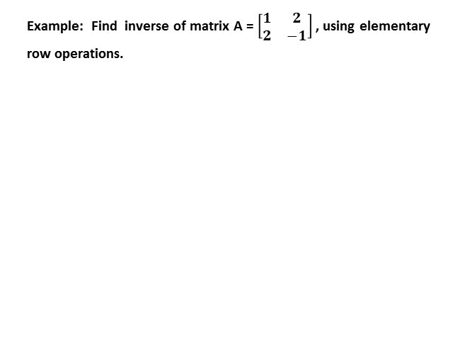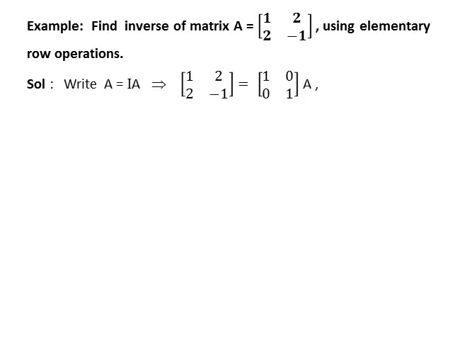In this question, using elementary row operations, we have to find inverse of given square matrix A if it exists. So, in first step, write the matrix equation A equals to product of identity matrix I and A. In place of A on the left hand side, write the given matrix, and on right hand side, in place of I, write the identity matrix of that order, whatever is the order of A. Write the post multiplier matrix A as it is.